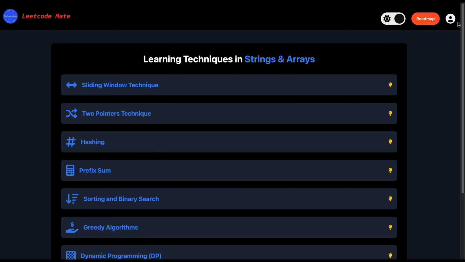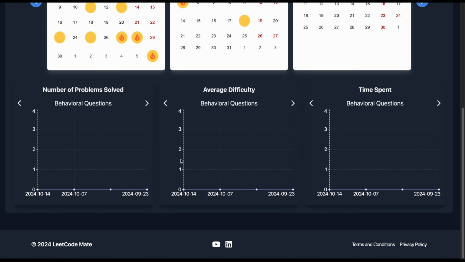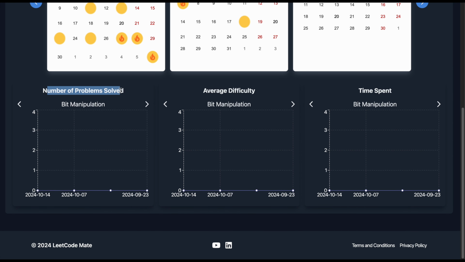Another section that I want to highlight in here is you can view your account here. So when you're on the account page, there's a calendar. This one shows the dates that you solved problems on. It also has some graphs: number of problems you solved, average difficulty for that category, and then time spent for that category as well. If you need more help or want to connect with me, I will have my link in here,